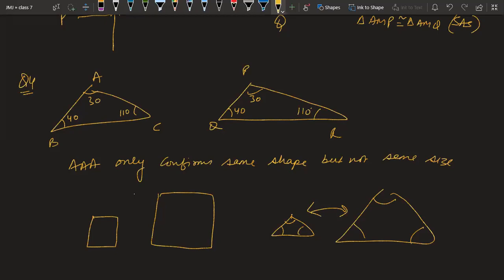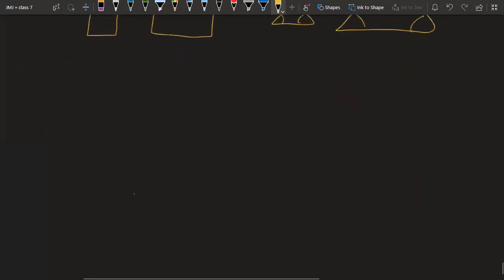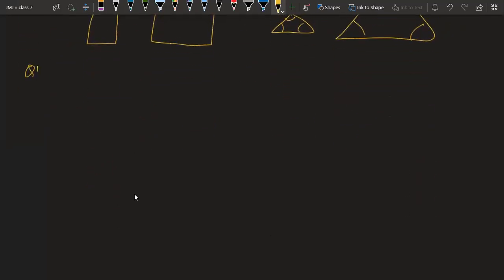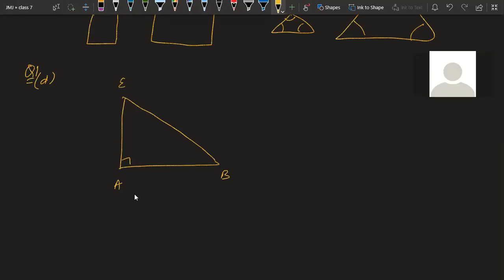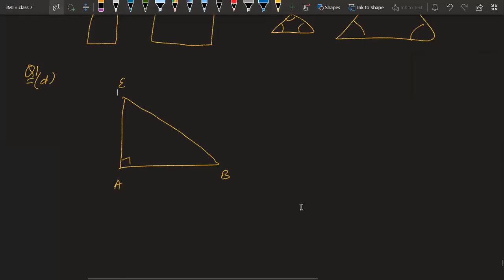I think your doubt was in D part, na? Let me take D part also. Question number 1, D part. In question 1, D part, there are two triangles. The triangle name is BAE. Okay, no. You are saying question number 2, fourth part. But question number 2, C part, there are only 3 parts only. From where you got fourth part? Something is wrong. 7.2, question number 2, there are only 3 parts, A, B, C. Last part I meant. Okay.